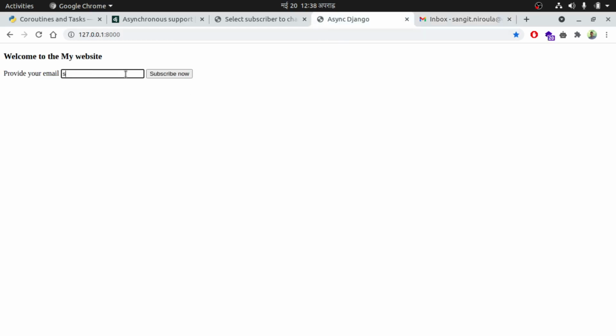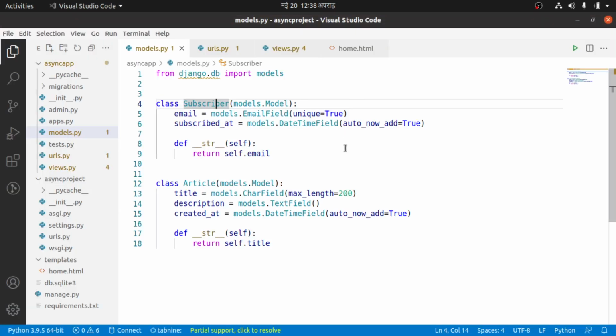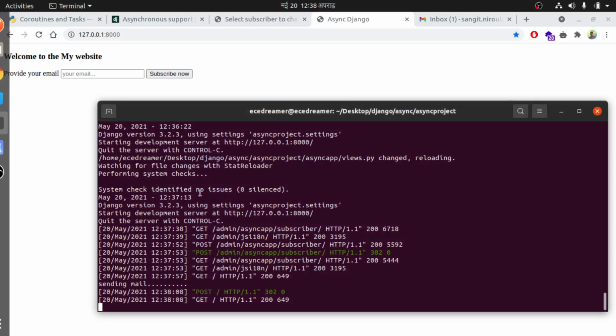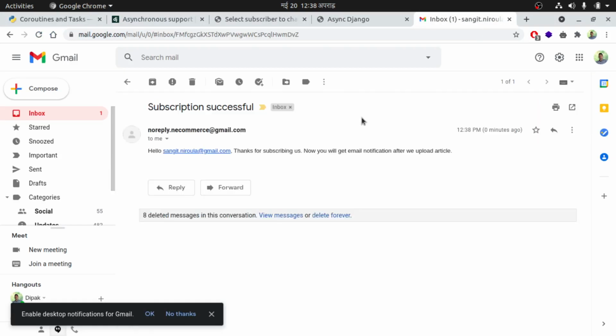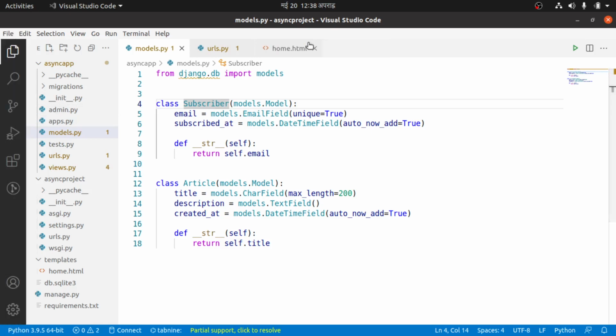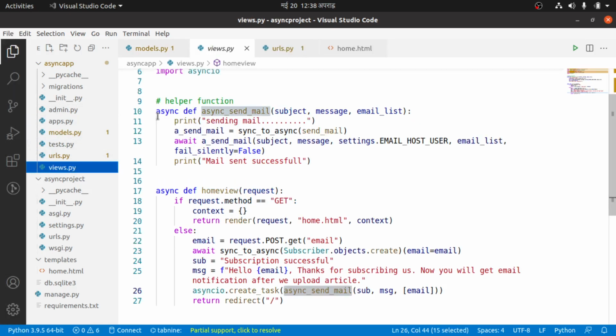So I want to put sangeet.nirola, which is my correct mail. So I need to hit subscribe. You can see our mail sent, our page loaded successfully, and in our command prompt you can see sending mail. But mail sent successful is not printed. You can see in our views we have also printed mail sent successful, which is